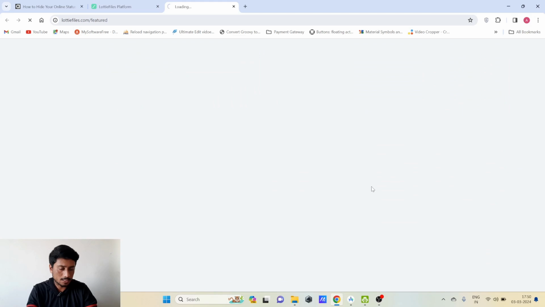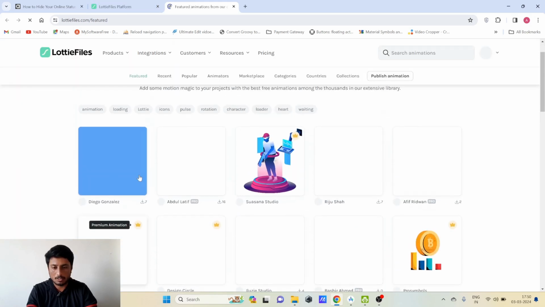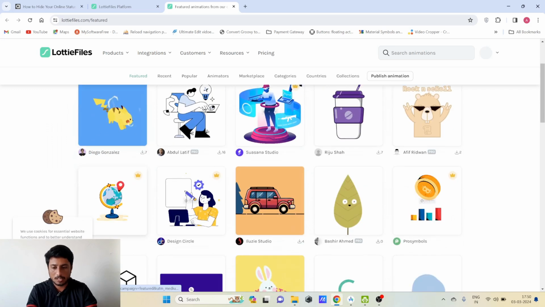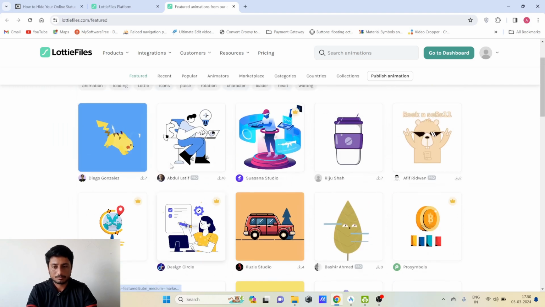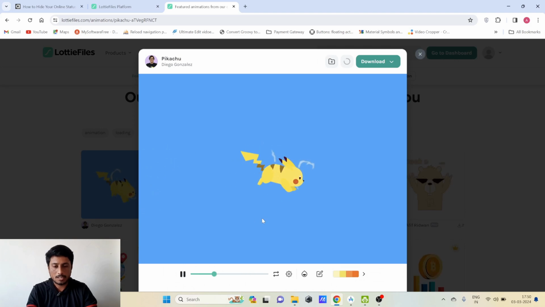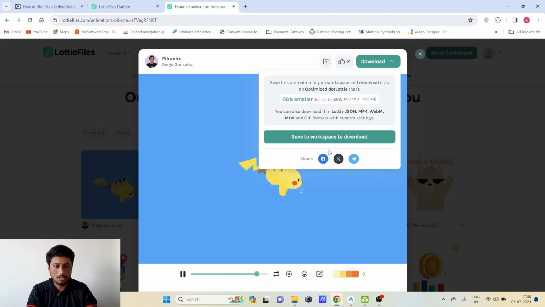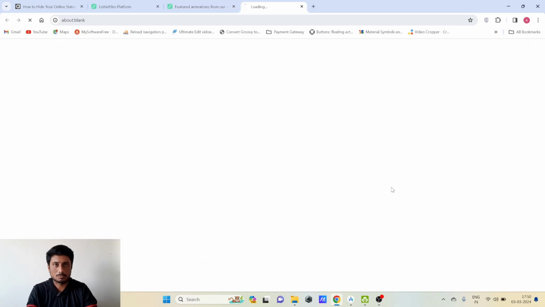So I click on view more, and we can see there are lots of different types of animations which we can use in our application. I'll be using this first one, the Pikachu animation. When I click on this, I need to download this. In the download drop down, here is an option to save to workspace. I click on this one, and it will save to the workspace, and it will automatically navigate us to